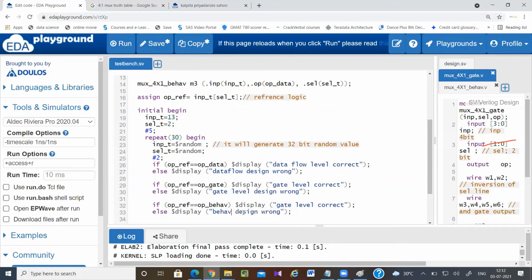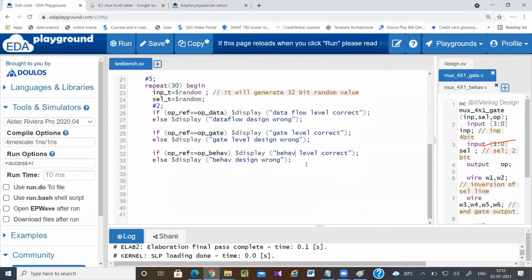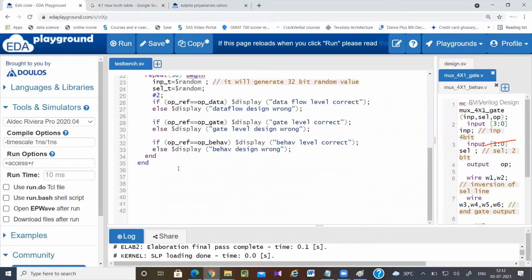So this is behavioral level. This is also behavioral level. Okay. So begin, and then see how many times you are writing begin, the same number of times you have to write end. So for initial begin one end, then the other end.